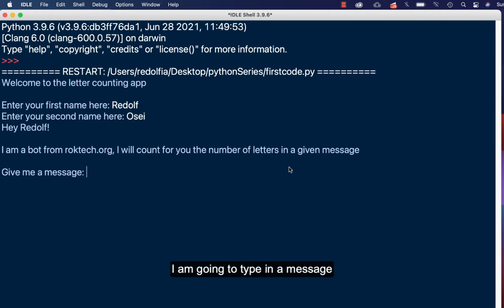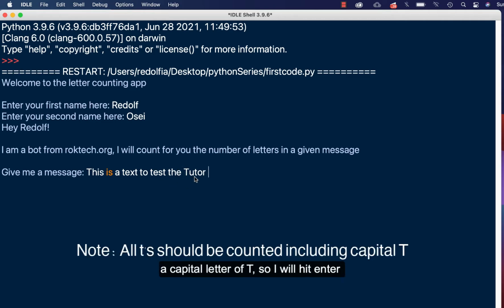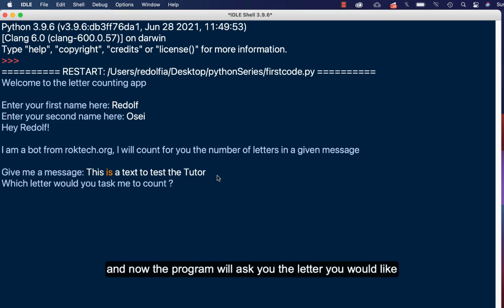So I'm going to type in a message like this one. I'll say this is a text to test the tutor. Now note that the tutor has a capital letter of T, so I'm going to hit enter, and now